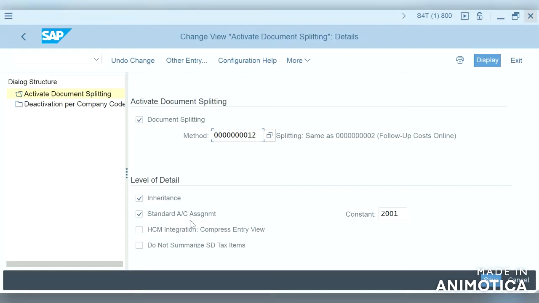Selecting the standard account assignment means the system will set the standard account assignment for non-assigned line items. When this indicator is selected, constant needs to be maintained. So what is the constant? In the previous step we have seen the constant. So we need to assign the constant.